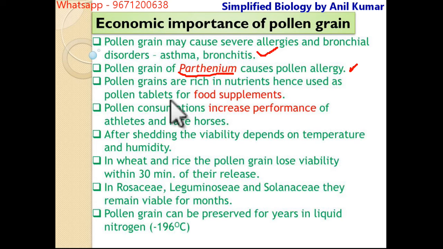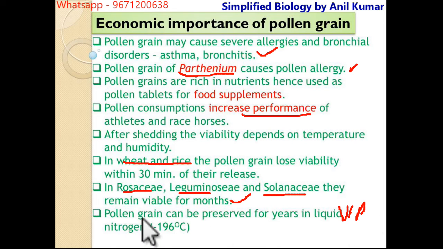Now we are going to start the economic importance. It is not very important from the examination point of view, but something is there, so please learn it well according to your need. As you know, the outer layer of the pollen grain is the exine, and the exine has a hard, spine-like nature. Sometimes when you visit a garden with roses and hibiscus, or China rose, and touch the flower,